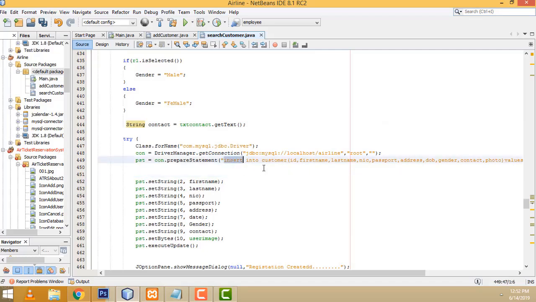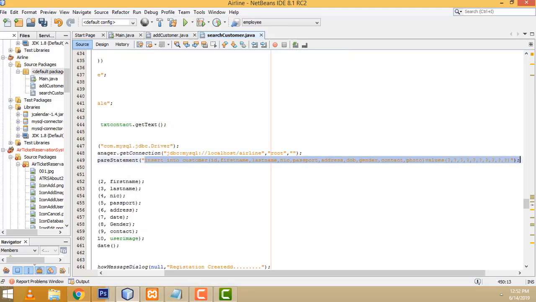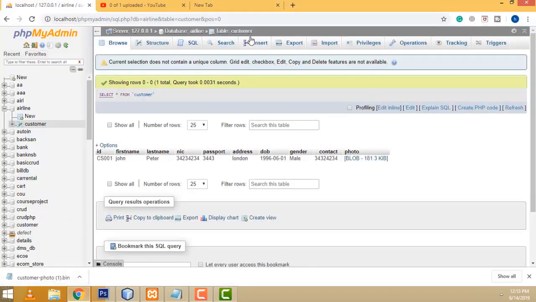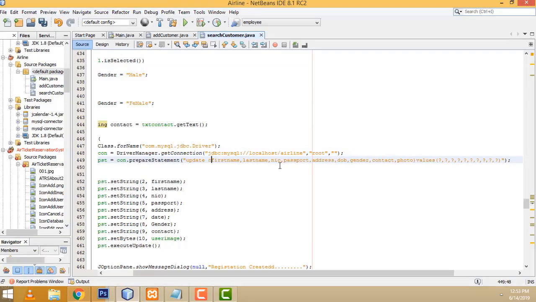First, we have to write the query, the same thing. This one you have to change to update. We get the ID and update the fields. So update, what is the table name? Customers is the table name I think. Right, customer is the table name. So customer set first name equal question mark, after that last name equal question mark,